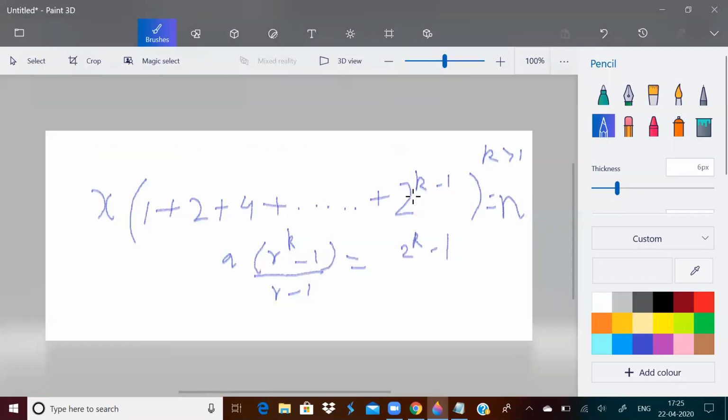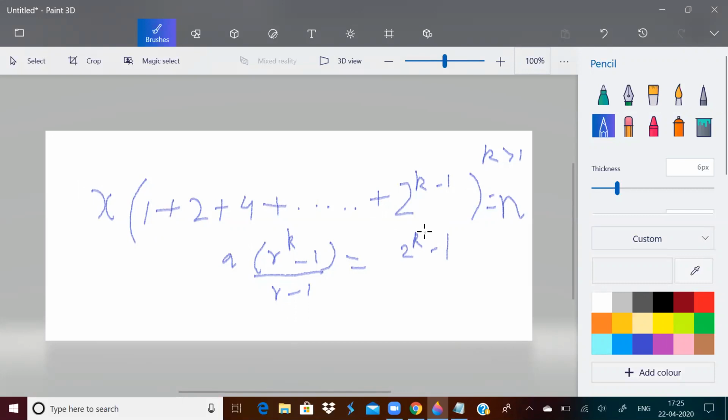Now this is a GP, and sum of elements of a GP is this formula. If you substitute the values of A and R, you get sum of all the terms is this. Now this represents everything inside this bracket, and this into this x should be equal to n.